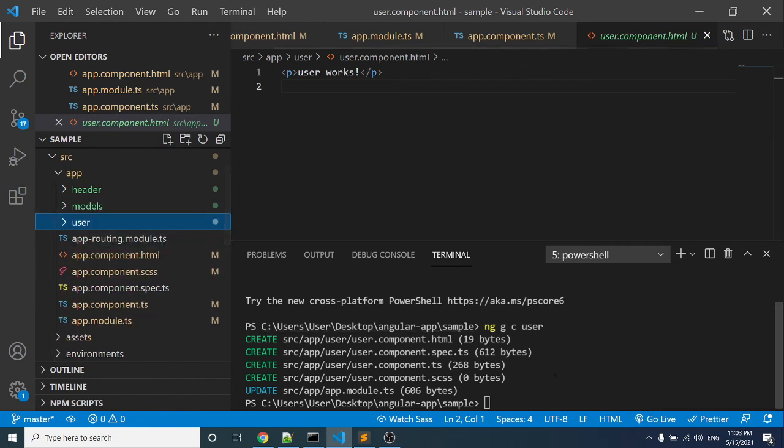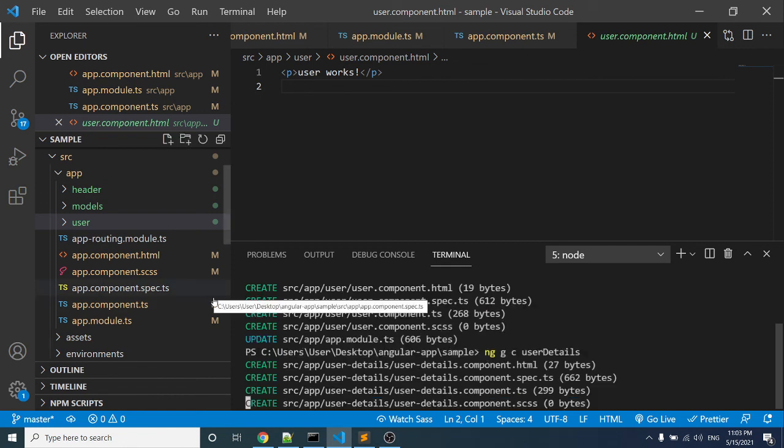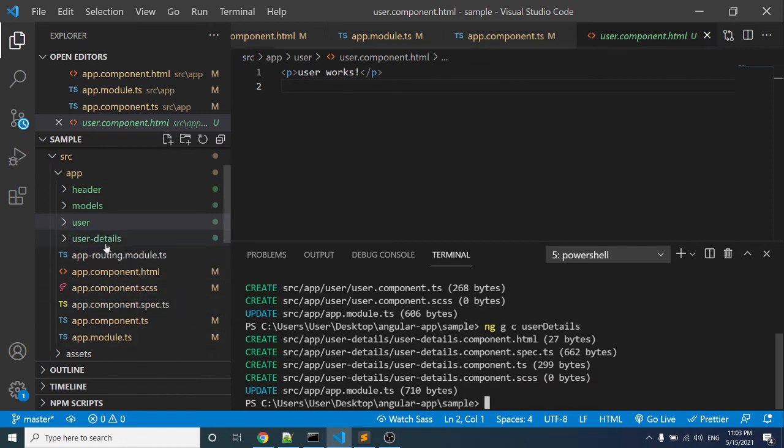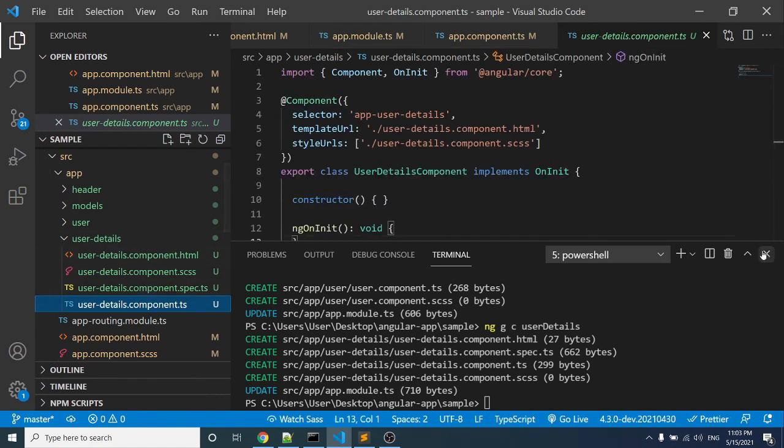In the same way, we want to create another component called user details, which is responsible for displaying the user details. Here you can see we got one more component, user details.